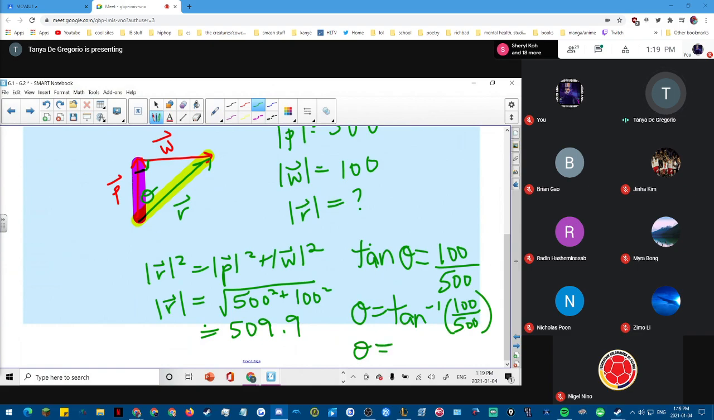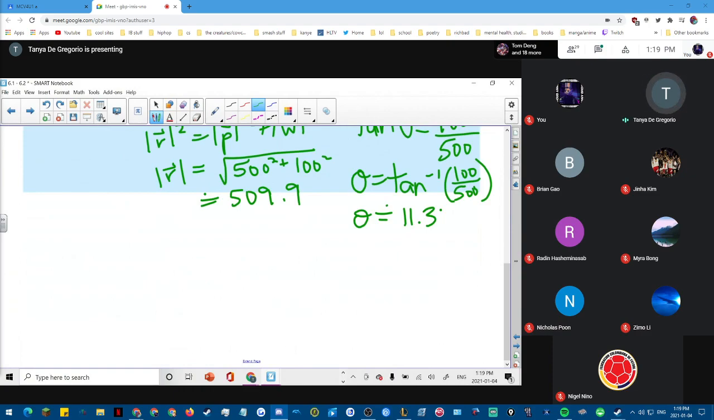And what's our angle theta? About 11.31. Sure. So I'm going to just round it to 1 decimal place. And I've got approximately 11.3 degrees. And of course, guys, we need a statement here. So therefore,